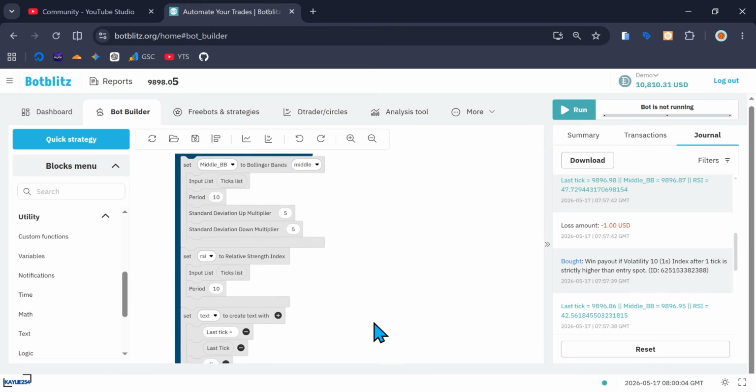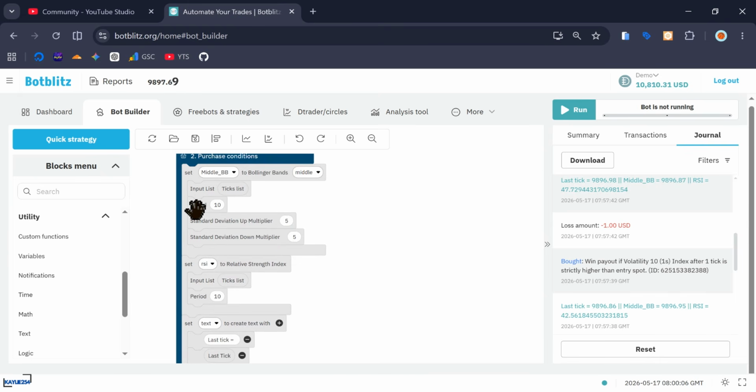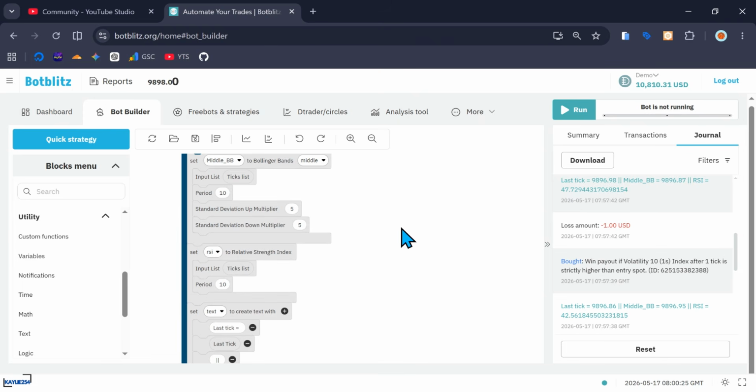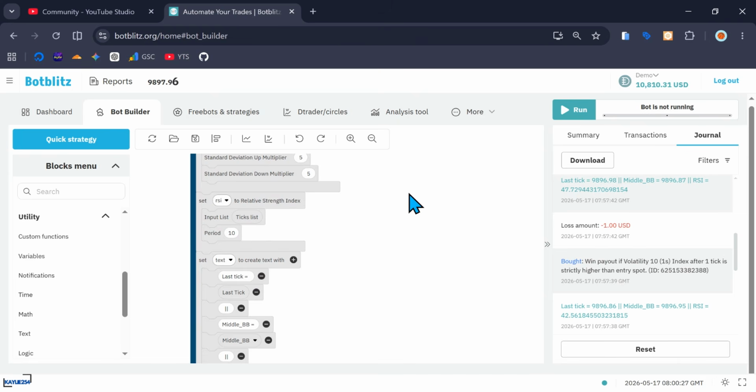There's a couple of things that you can adjust right here, but you need to get your mathematics right before adjusting these periods, because you are dealing with ticks, and ticks fluctuate quite fast and change rapidly. So that's just literally it about how you go about creating a bot that actually uses indicators. So yeah,